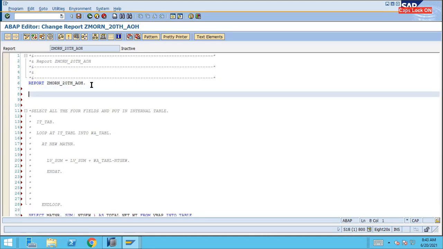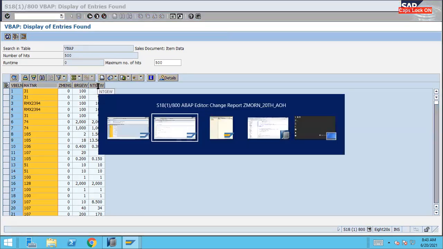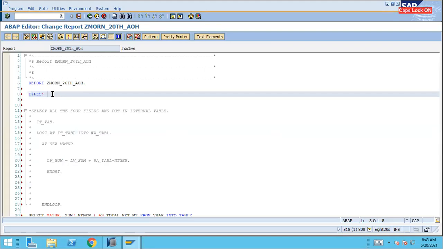Earlier, we used to define the structure first. So if you have to define the internal table, you have to define the structure. I want to get the data from VBAP for material and net weight, so I will have to define the structure first.